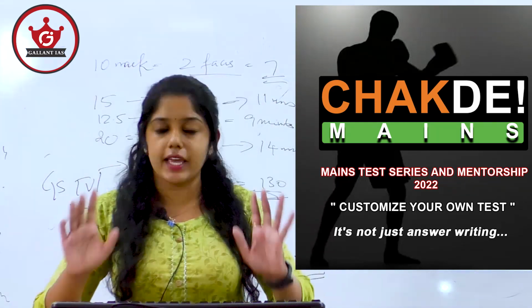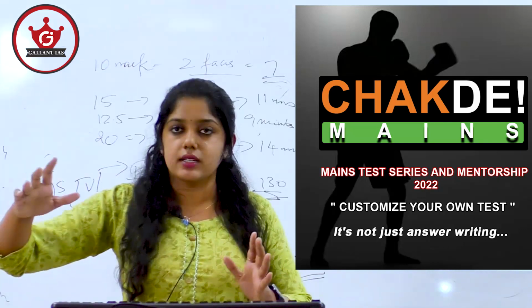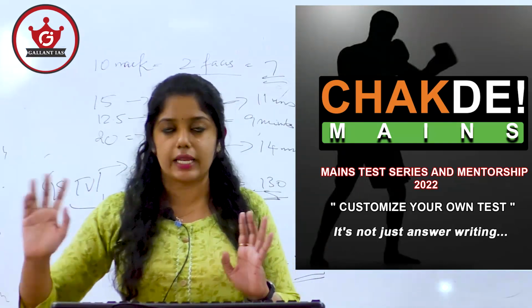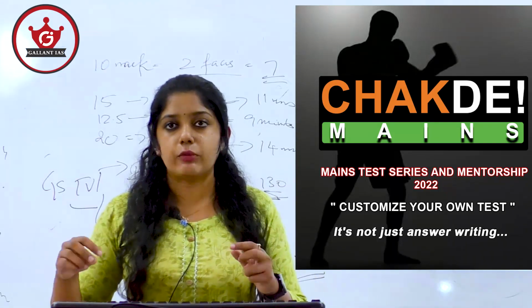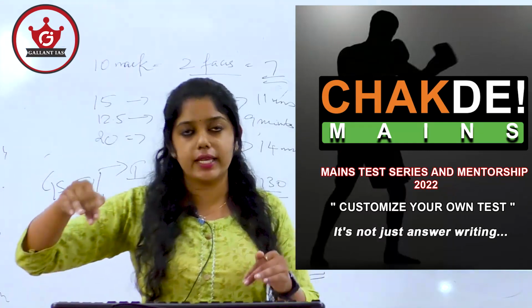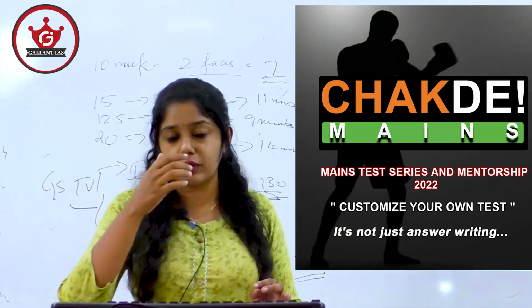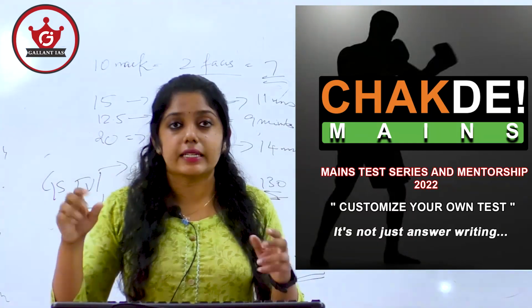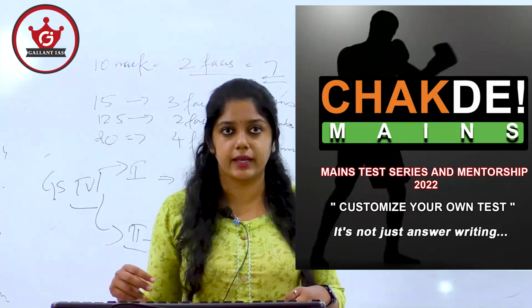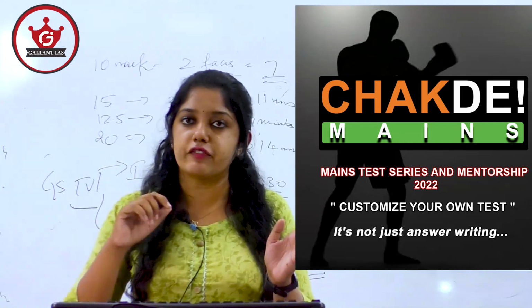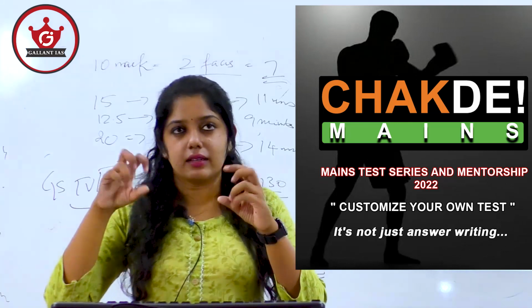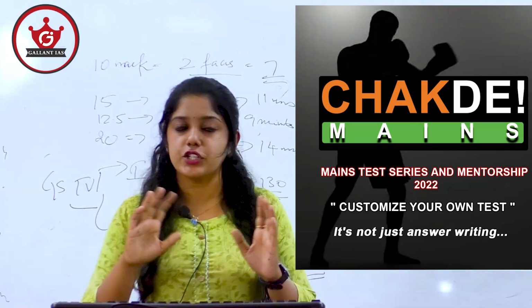Make sure that your answer has an introduction, body, and conclusion. I'll come to that. The introduction will be 2-3 lines, which means only a quarter of the paper, and then the body and conclusion. Most aspirants write a very clumsy, congested conclusion. The issue is they are not getting enough time to write the conclusion, so it becomes a very compressed conclusion. That should not be the case.